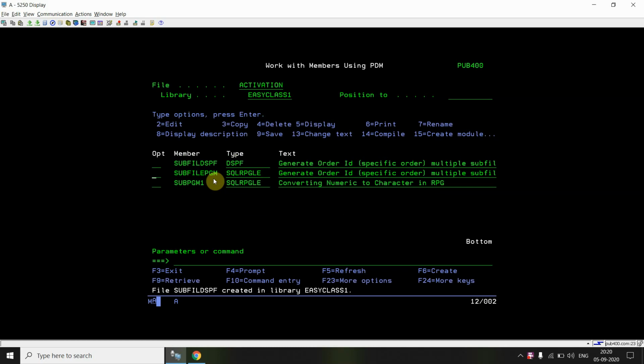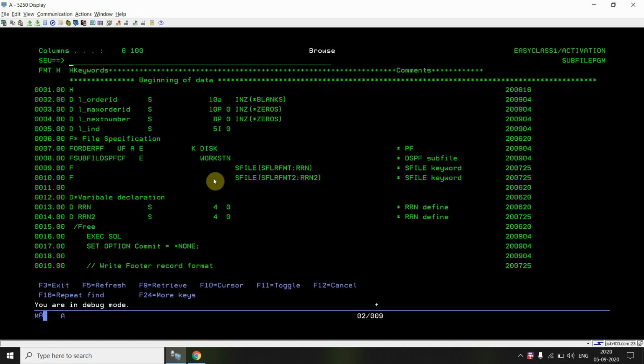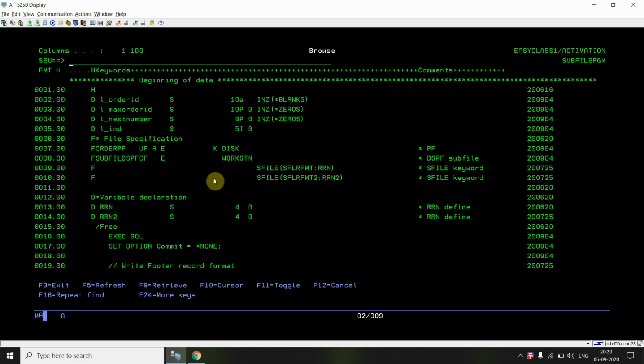Now we will be looking into the program, subfile PGM. Since I'm using that order PF, I declared that order PF file in F-specs in update add mode, since I need to add records. And that is a keyed file, so K is defined here, and that is a PF, so DISK is defined here.